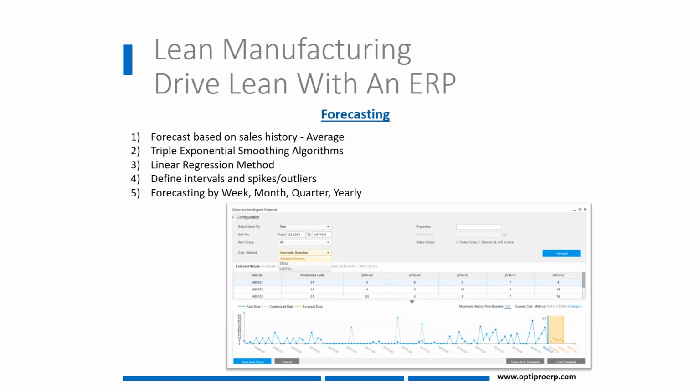Your forecasting tools have to have granularity. Forecast by year. Yeah, kind of interesting. Not much we can do with that. We want to get more and more granular. So the ability to do forecasting by week, by month, by quarter, by year, all very important. And the OptiPro solution supports you in that.